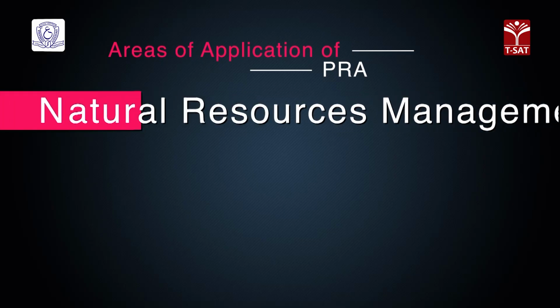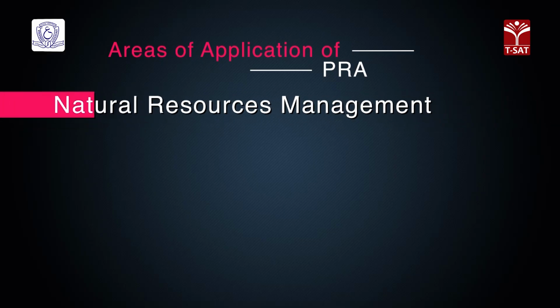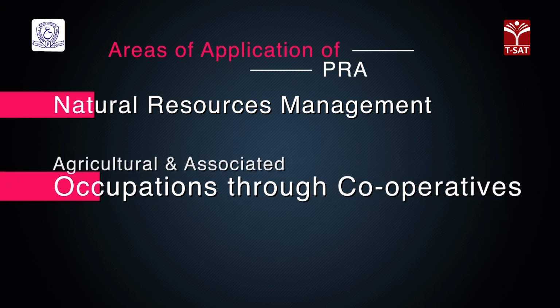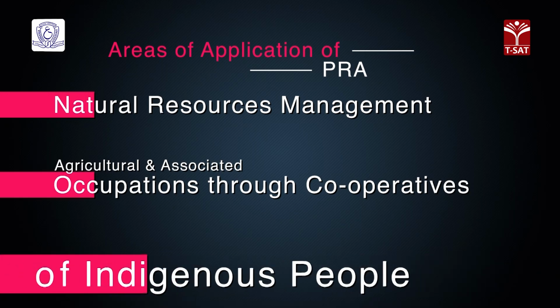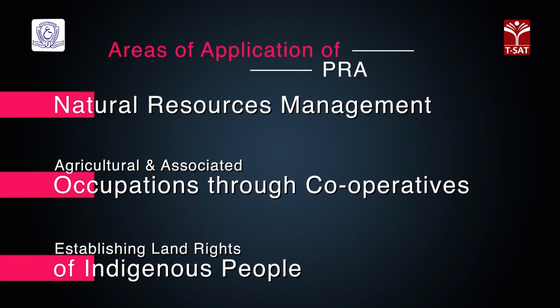Let us now understand the different areas of application where PRA can be used. PRA has been applied in almost every domain of development and community action, both urban and rural. Some of the examples include natural resource management, agricultural and associated occupations through cooperatives, establishing land rights of indigenous people,